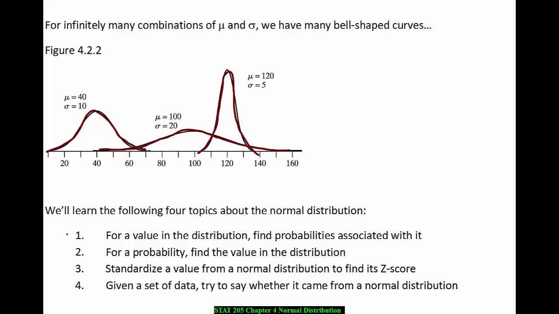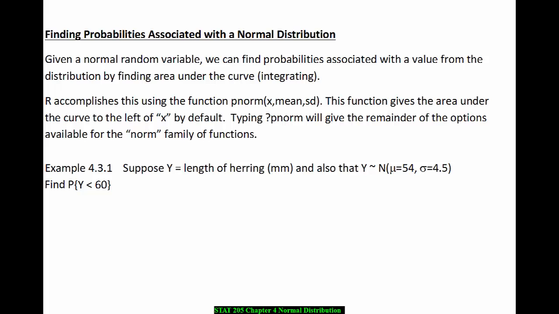And that's going to be something called percentiles. The third thing that you're going to learn is to standardize a value from the normal distribution to find its z-score. And the fourth thing is, given a set of data, try to say whether it looks like it came from a normal distribution. So let's get started with our first order of business, and that is finding probabilities associated